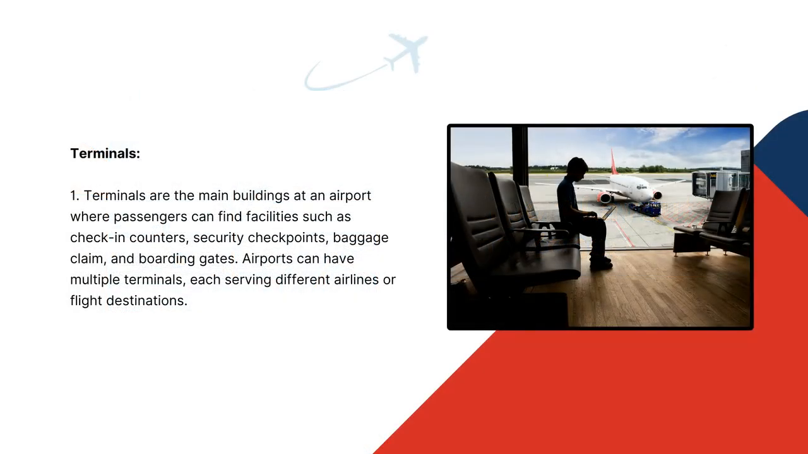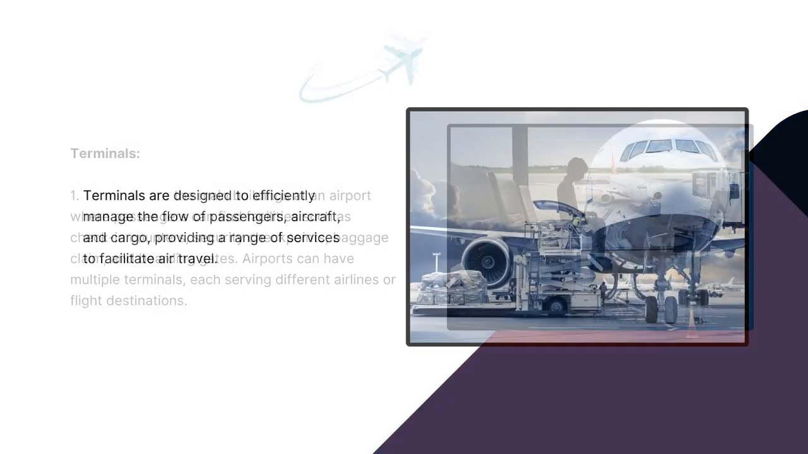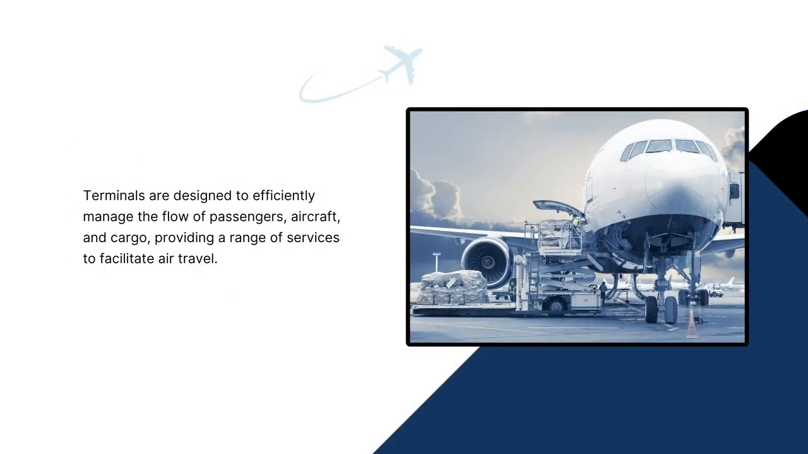Terminals. Terminals are the main buildings at an airport where passengers can find facilities such as check-in counters, security checkpoints, baggage claim, and boarding gates. Airports can have multiple terminals, each serving different airlines or flight destinations. Terminals are designed to efficiently manage the flow of passengers, aircraft, and cargo, providing a range of services to facilitate